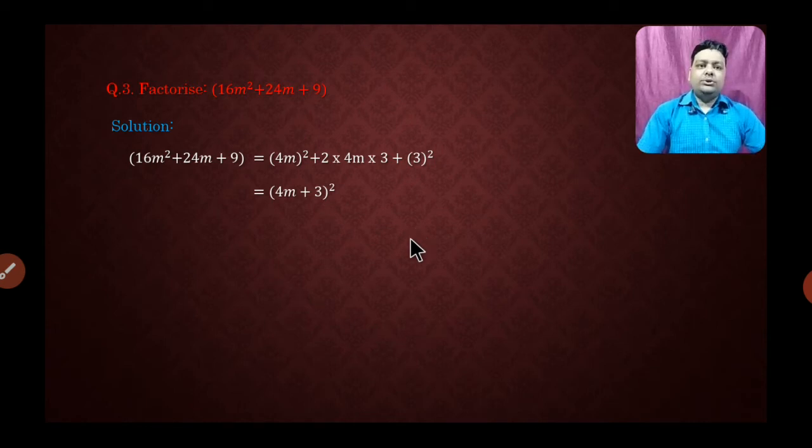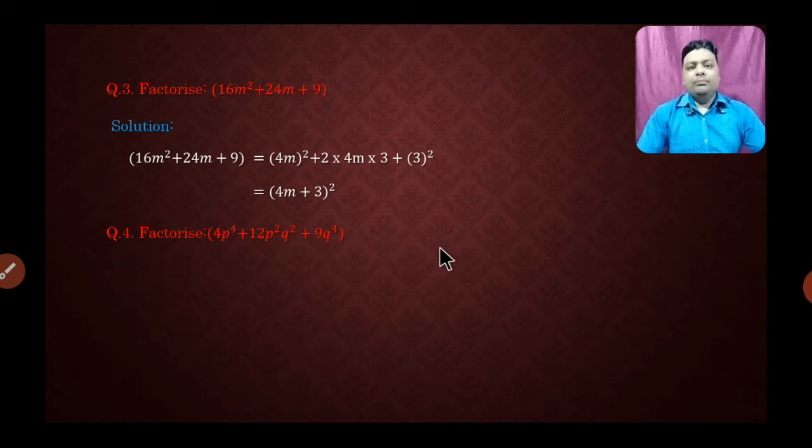Now next question. Now here you can see, this time first we check whether it is arranged or not. Here you can see power 4. Here power 2 and 2. It means 2 plus 2 is 4. Again 4. Okay. And here the last also 4. All have equal power. It means we can leave it as usual. Okay, if all have equal powers.